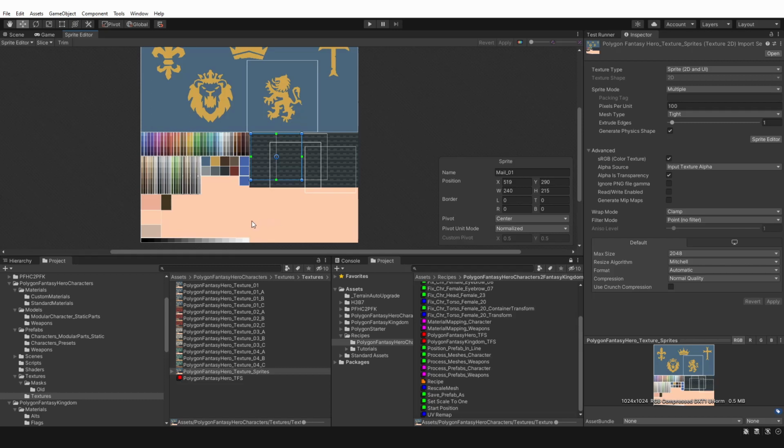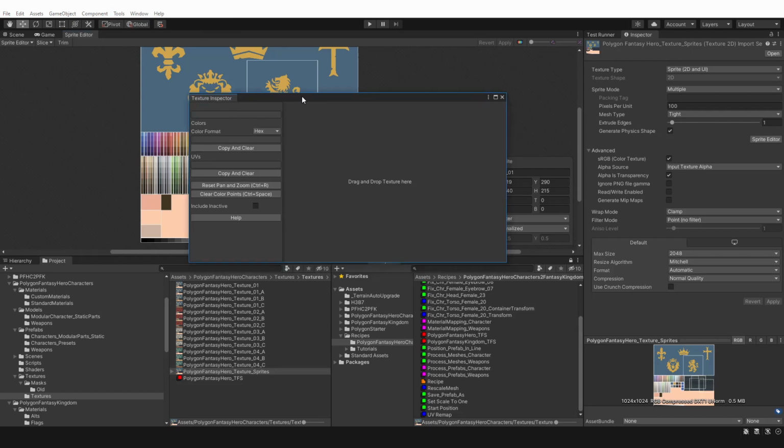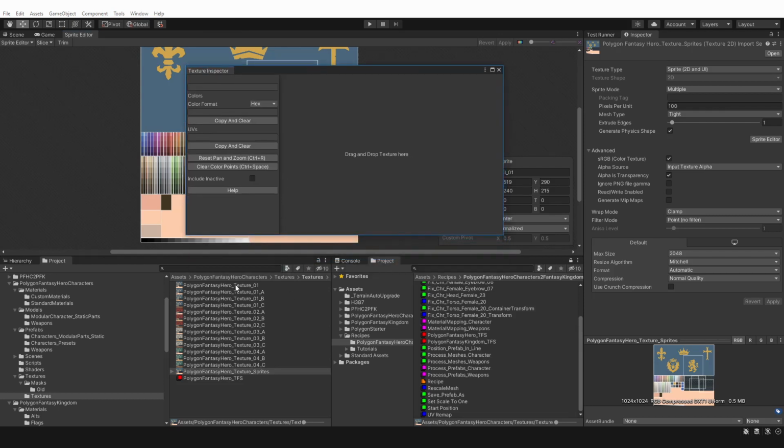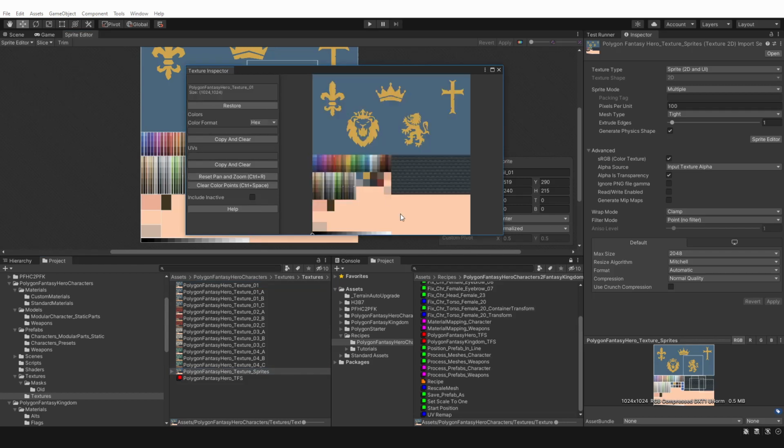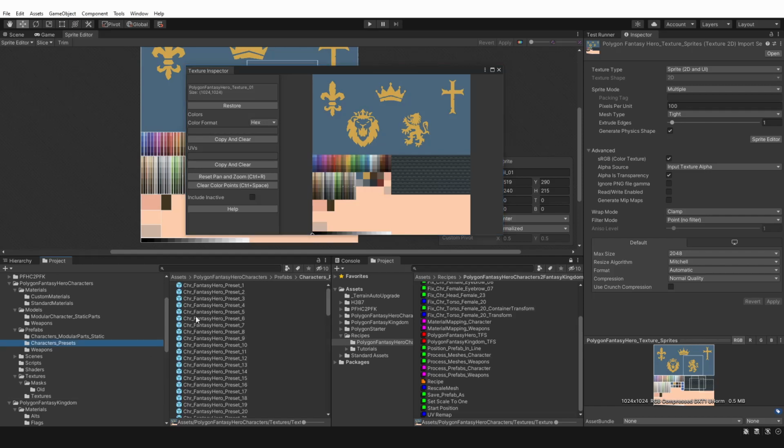Okay, so in terms of knowing which features to map out, you can take two approaches. One is to do everything. Another approach is to use the texture inspector, and this works by we just drop a texture in there. What we can then do is we find our prefabs. So let's look at these characters here,